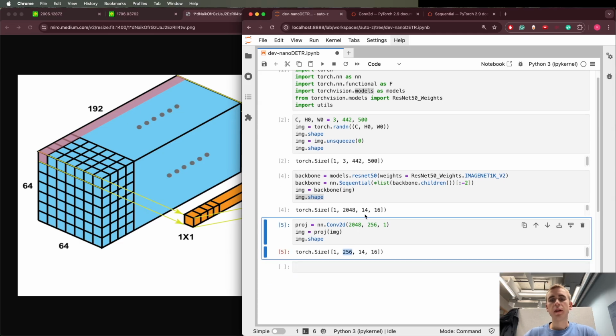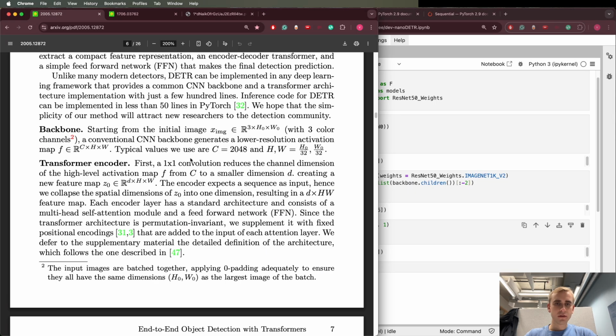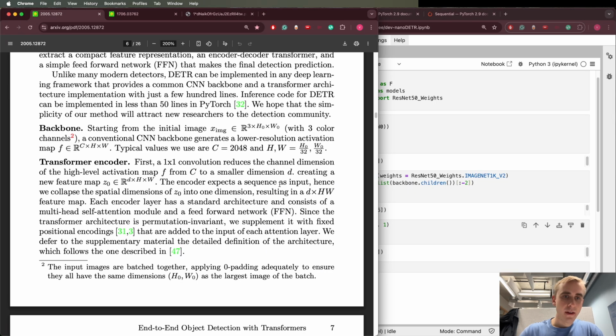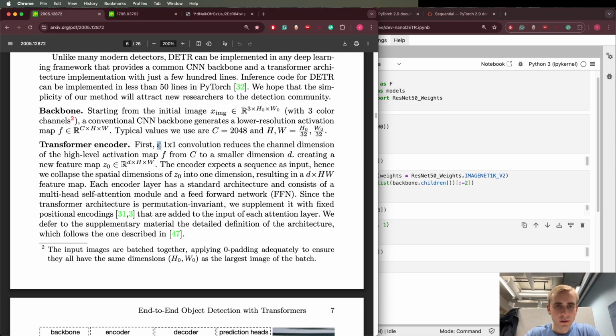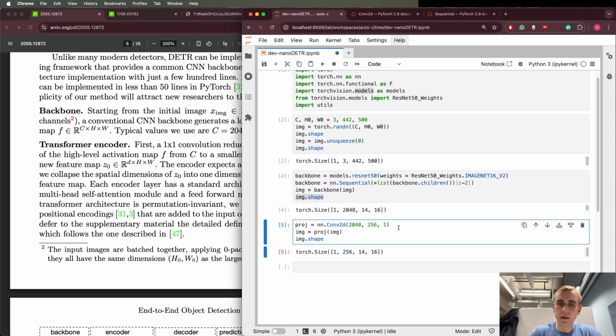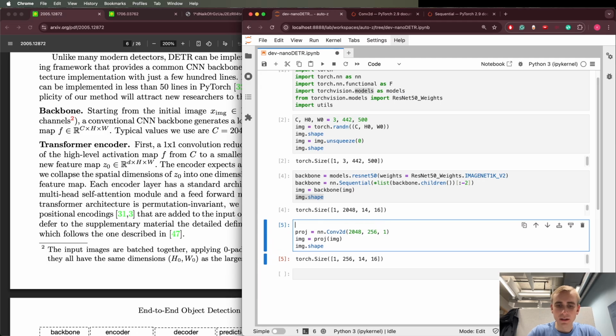So now we've taken the channels. For each pixel, there's a 2048 channel. We have done a projection of this into a 256 dimension instead. So let's go back to the paper now. They do a 1 times 1 convolution to a smaller dimension d. Let's define this dimension for readability. I'll call this d model equals 256, and